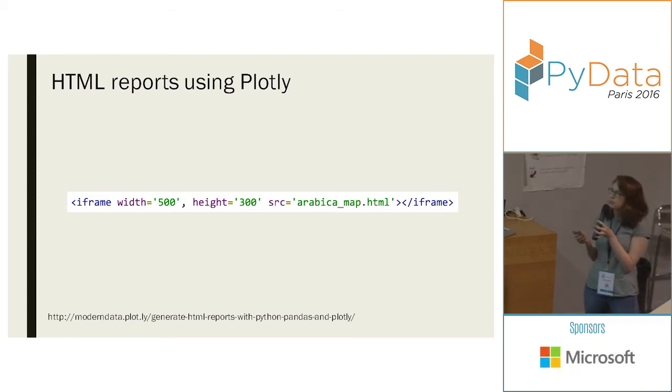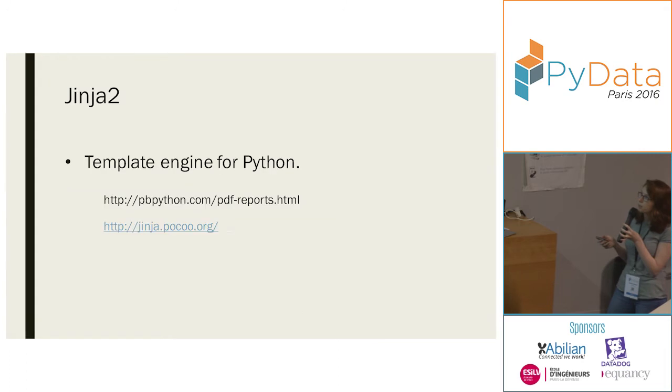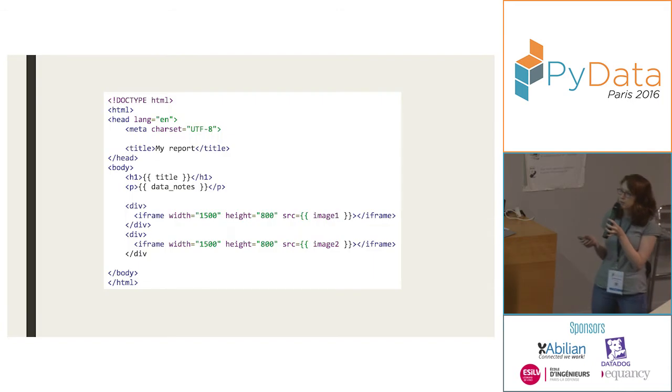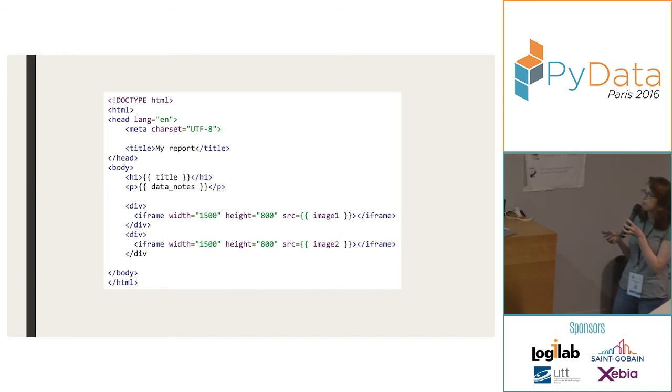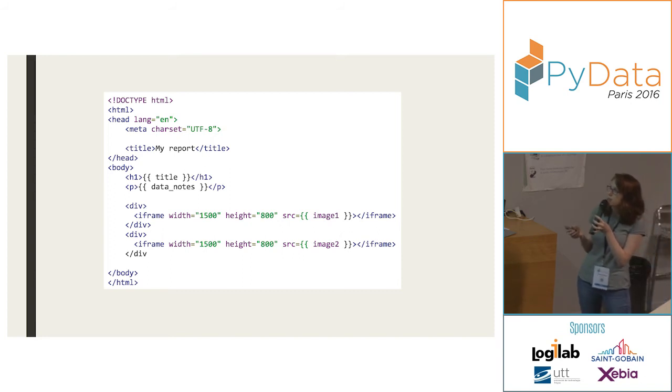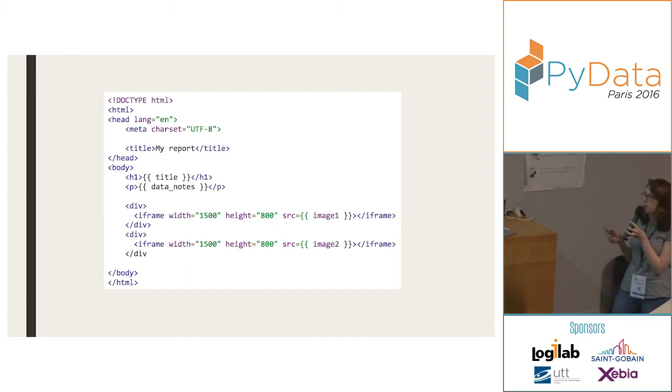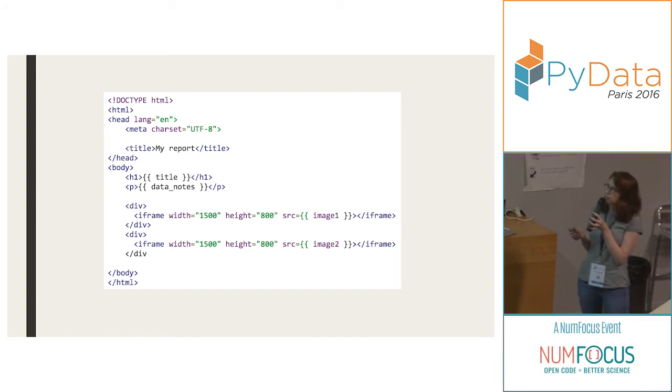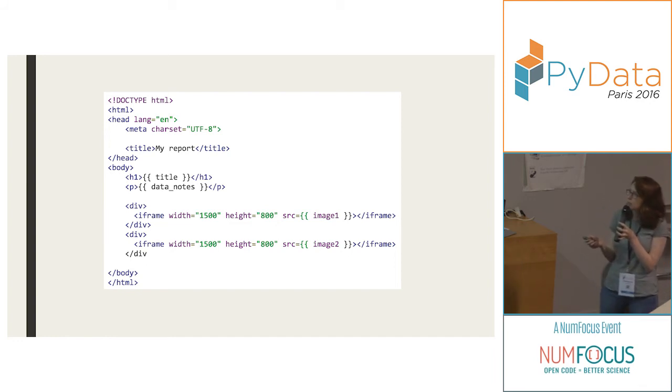So I'm going to do this, and in the interest of automation, I'm going to use something called Jinja2 to create my HTML directly via Python. So Jinja2 is a template engine for Python. And if you're not familiar with templating libraries, they actually render to HTML. This is an example. But you can input variables and other logic within this code, which will then be evaluated to actual values. So for example, I've got a title variable, a data_notes variable, and I'm also going to add 2 images to this report.